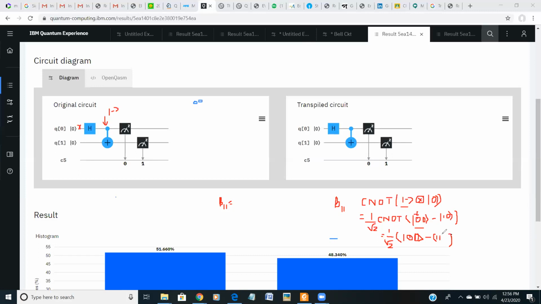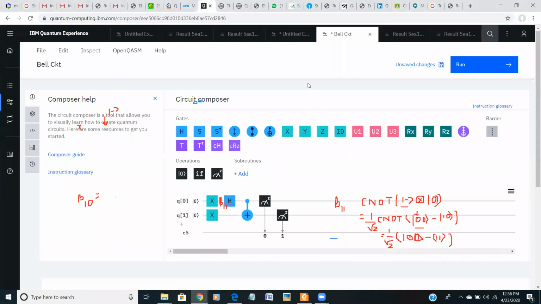So mathematically, if you change the circuit that way, from positive basis to negative basis, and you make Q1 as 0 remain 0, then you get the 1 0 basis, beta 1 0. Beta 1 0 state is nothing but 0 0 minus 1. And in your case, for this circuit, both the x are 0 0, so then you get 0 1 1 0. So the result is completed.